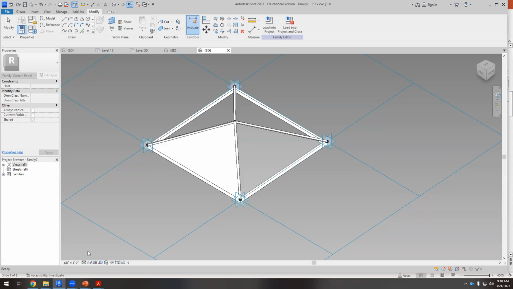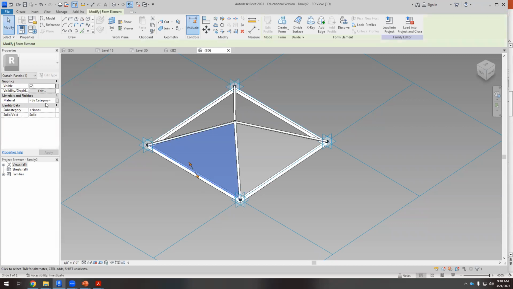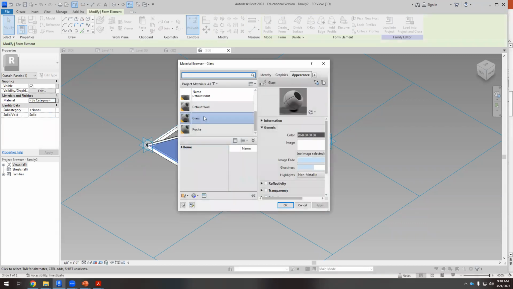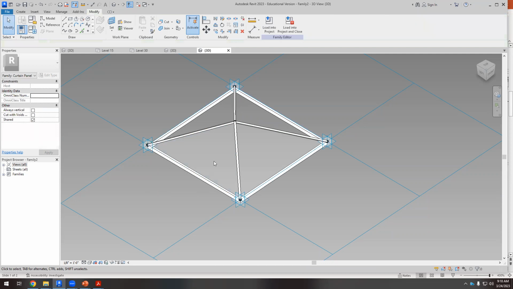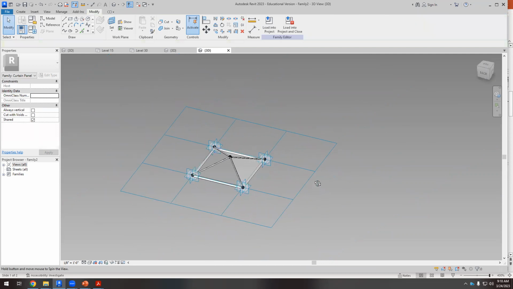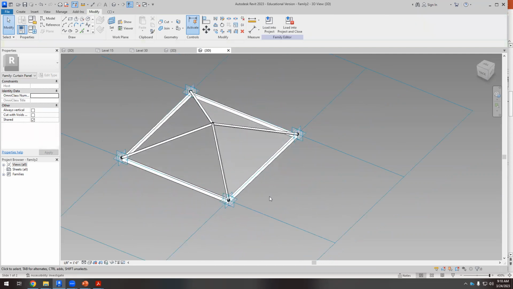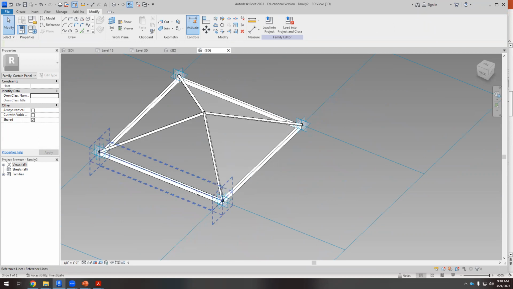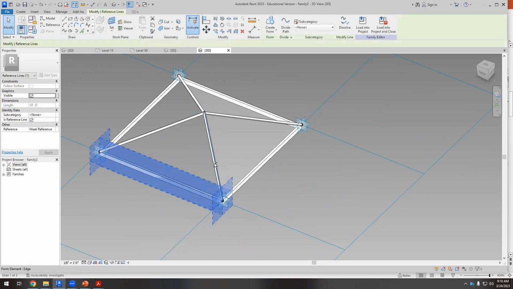So I want this option, the plane. Now, change the material to glass. And we have that. So let's do it again. First reference line, second,